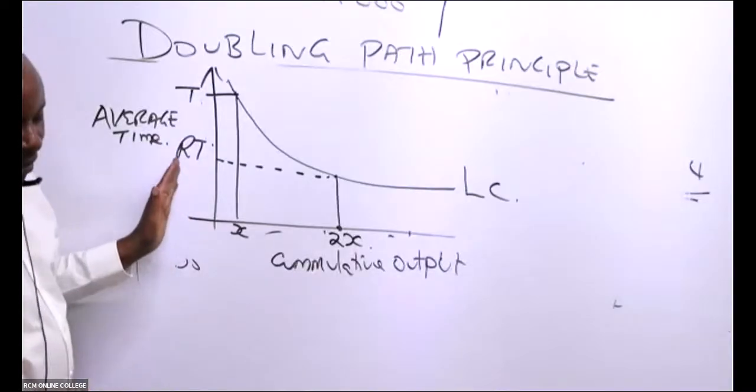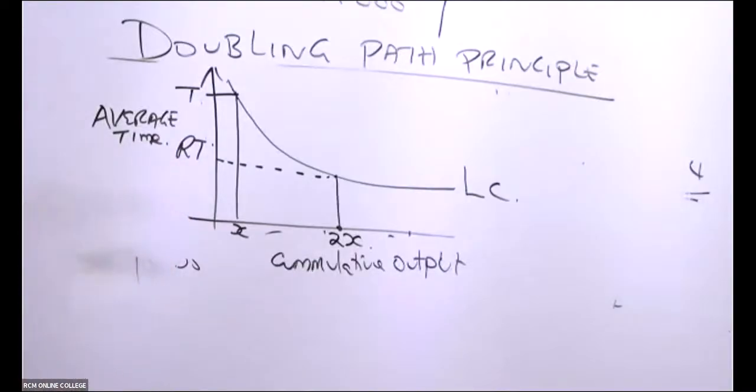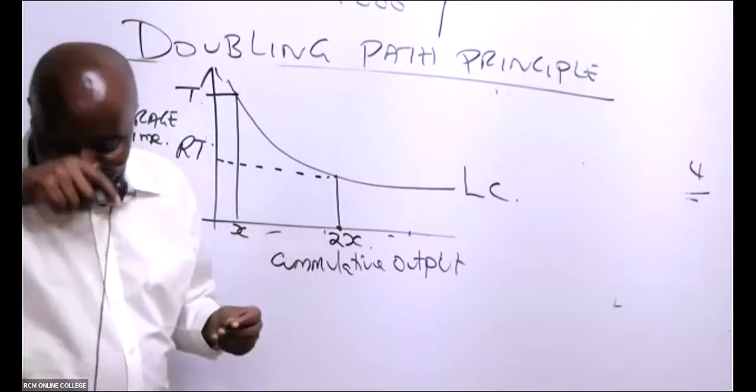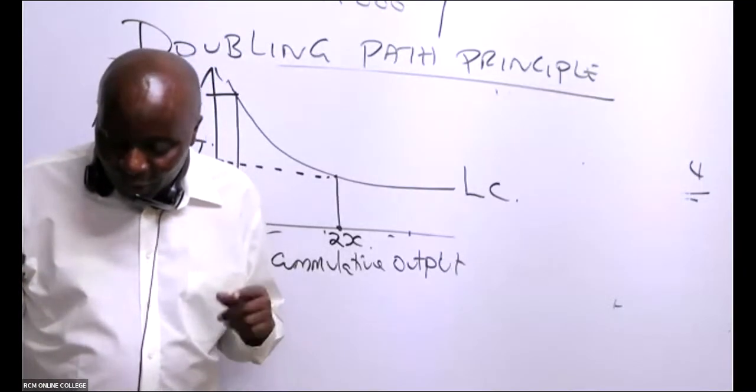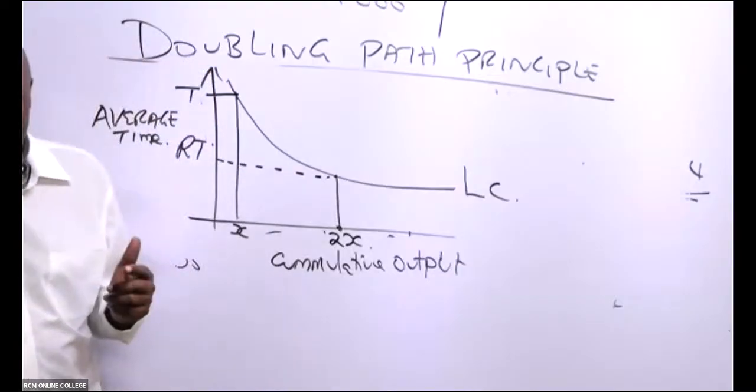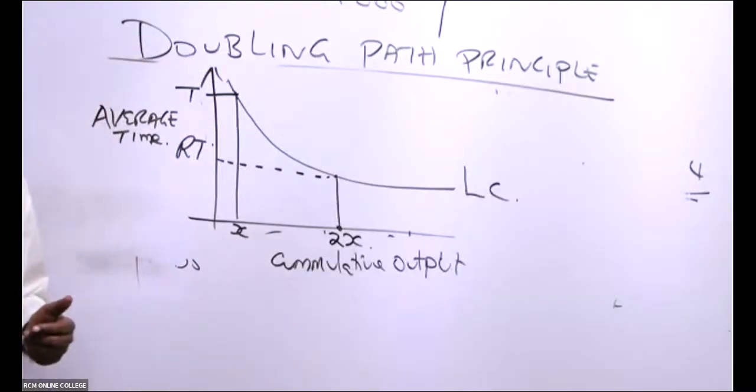Very, very important, and I would want to explain this. What does this T stand for? What does this R stand for? Who could be knowing? What do you think this R stands for? Learning rate. R is learning rate. I like Kevin. Kevin is using a very good tick there. Kevin, you will be able to teach me how to do it. I'll be glad to know how to use that tick in Zoom.